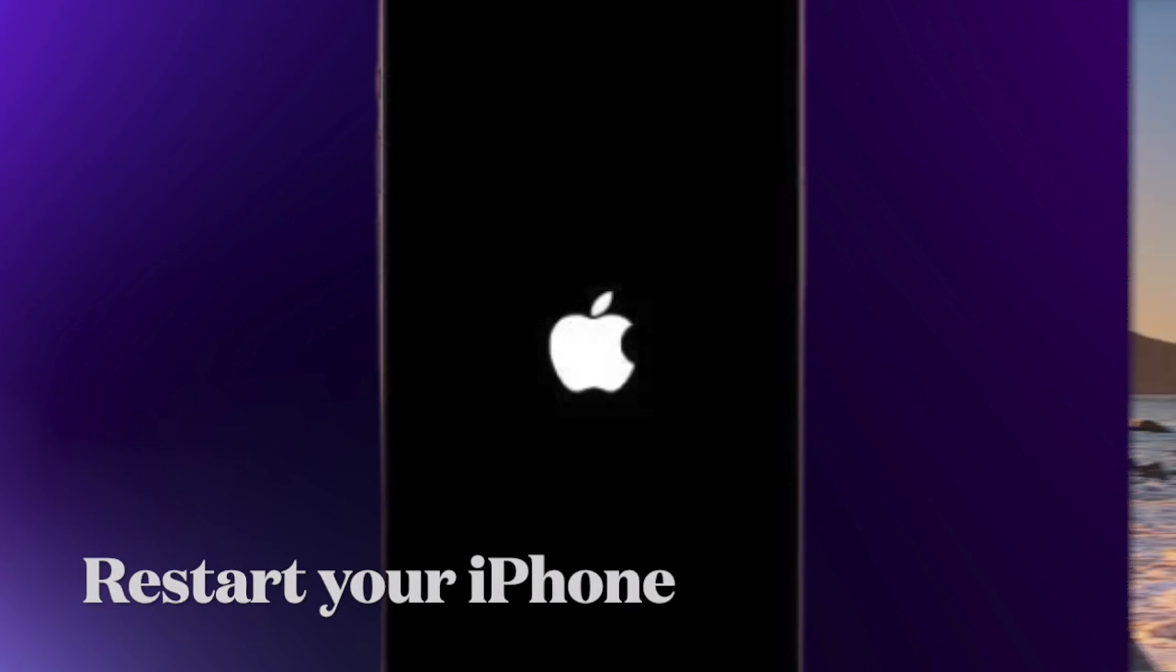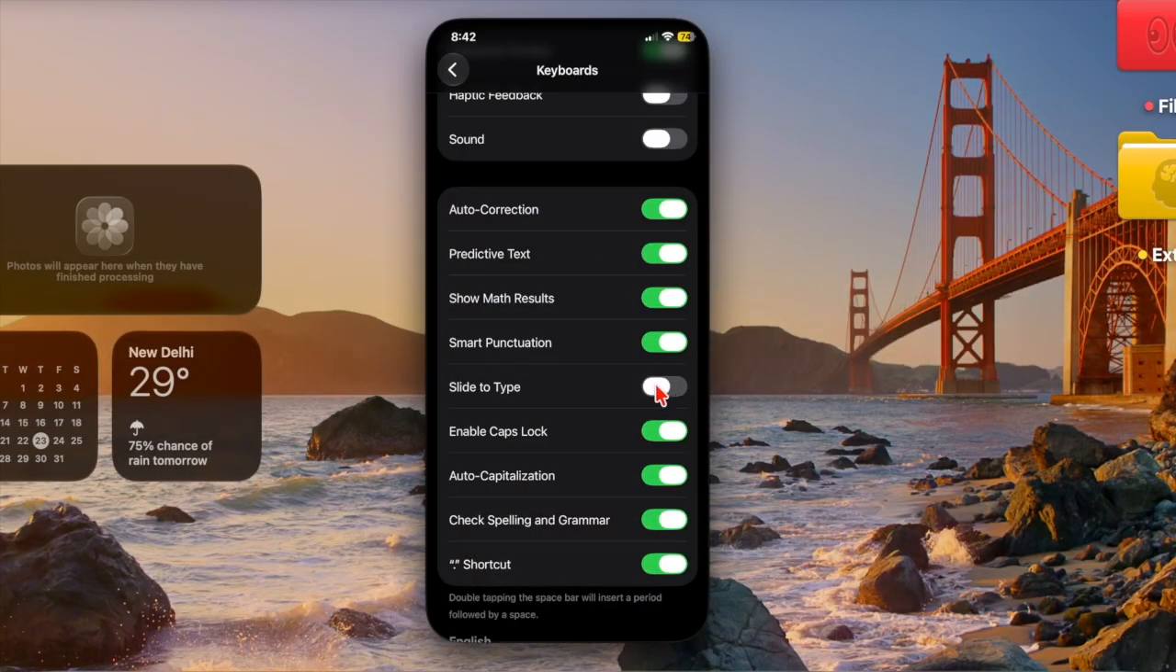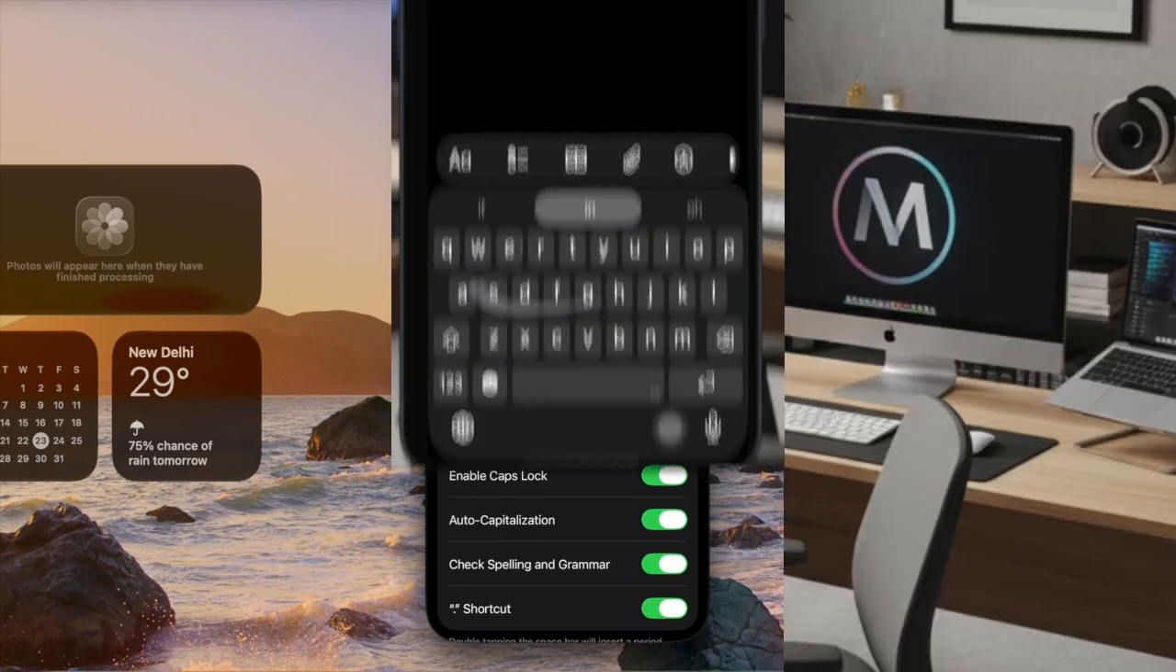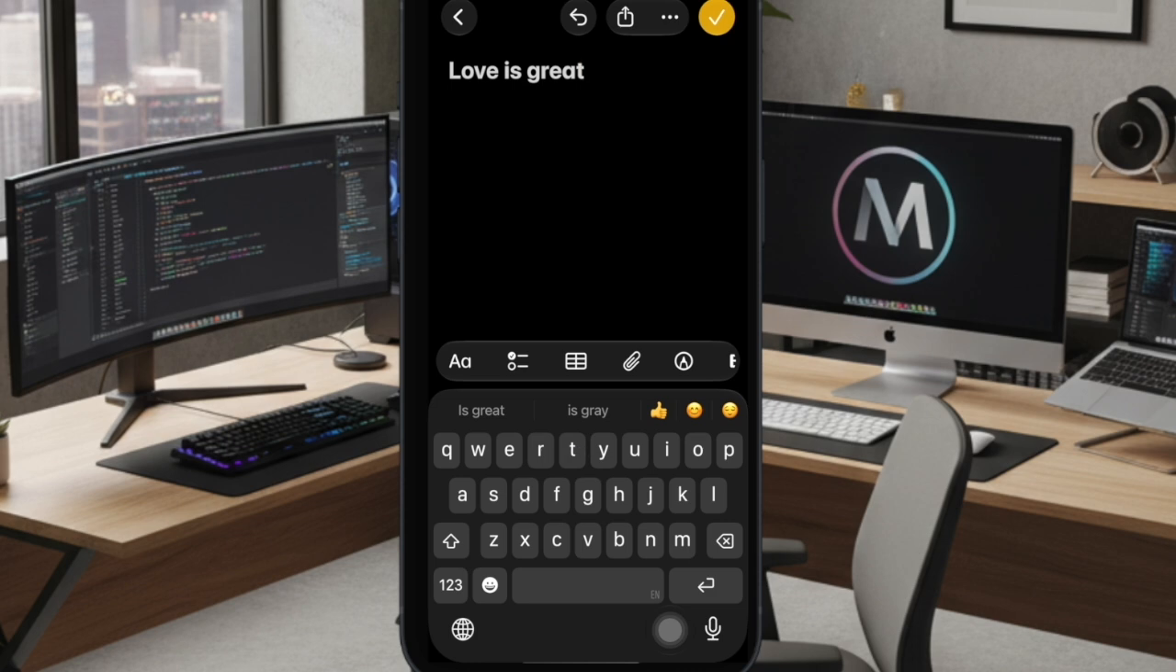And once your iPhone has successfully rebooted, head over to the same keyboard section. And then you have to enable the toggle located right next to Slide to Type. Then you have to bring up the software keyboard in an app like Messages or Notes and try using the